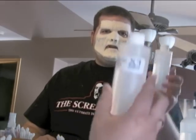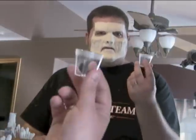So I'm just going to go straight into base application, and because I'm doing the whole face, I'm going to take a little bit of that 99% alcohol and put it into a little plastic shot glass here. I think we use these for Jello shots or something like that, but I'm just going to put some into this little glass here,